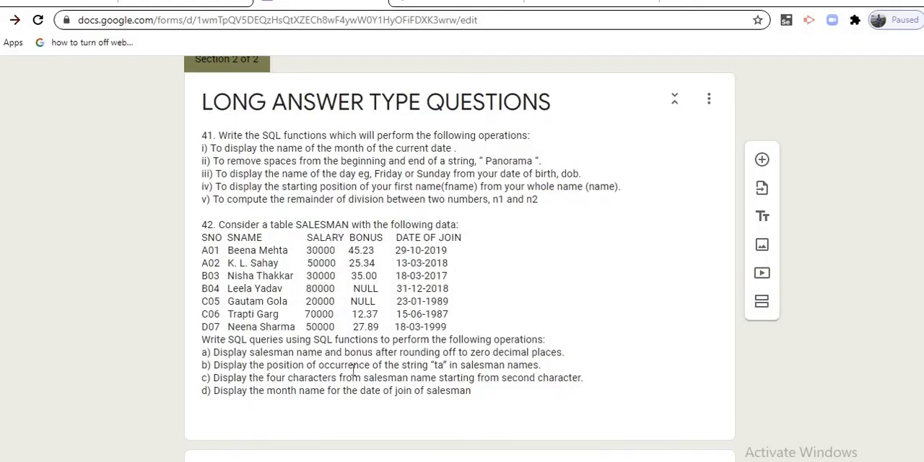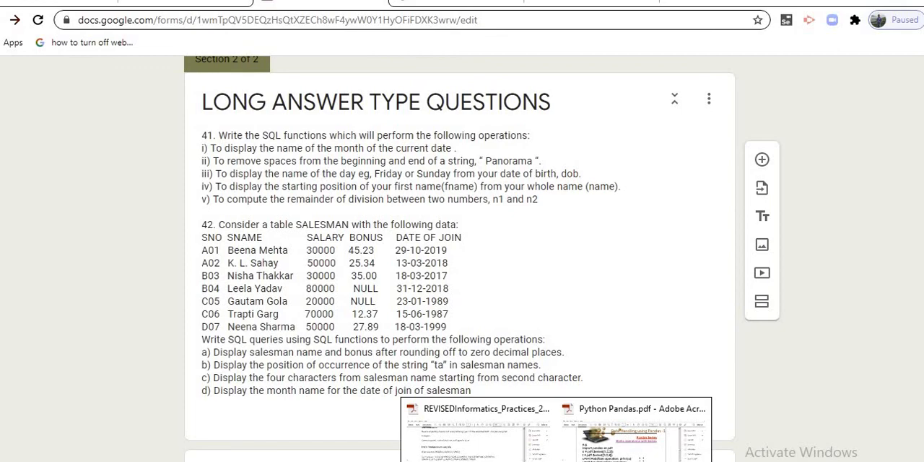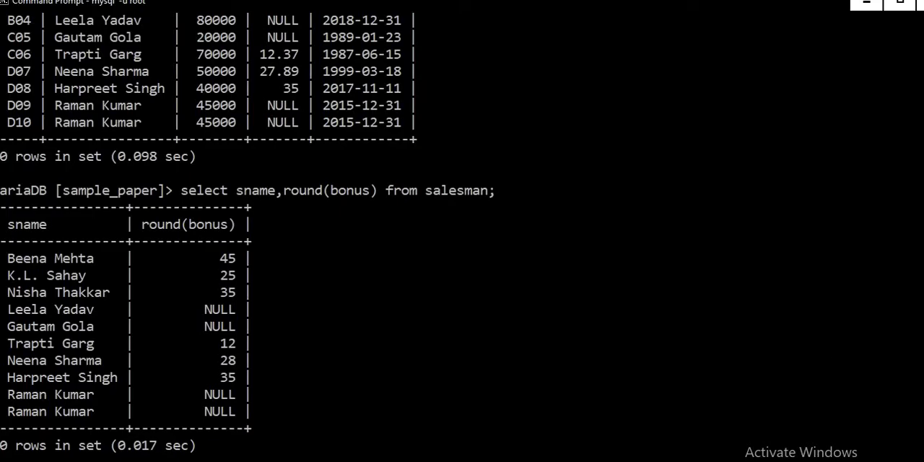Now the next is display the position of the, that is again the same sort of position method is coming here. Display the position of occurrence of TA in salesman name. So you have to tell the position. So for that